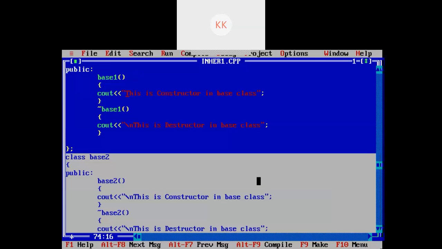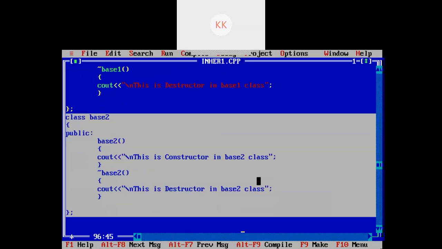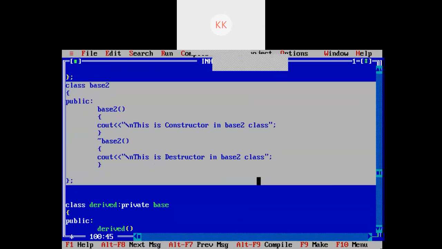This is the constructor in base class 1, this is the destructor in base class 1, this is the constructor in base class 2, this is the destructor in base class 2. Okay, so we have created two.